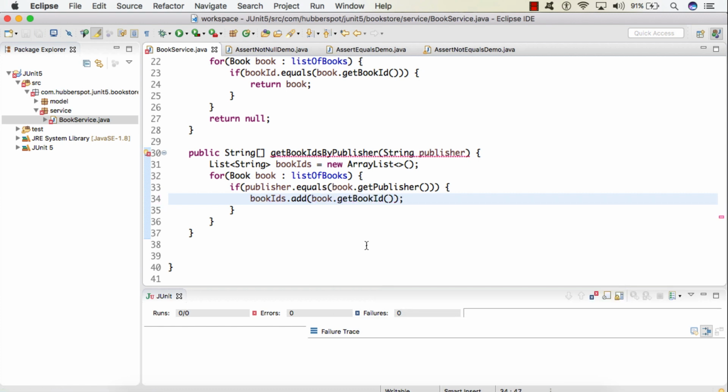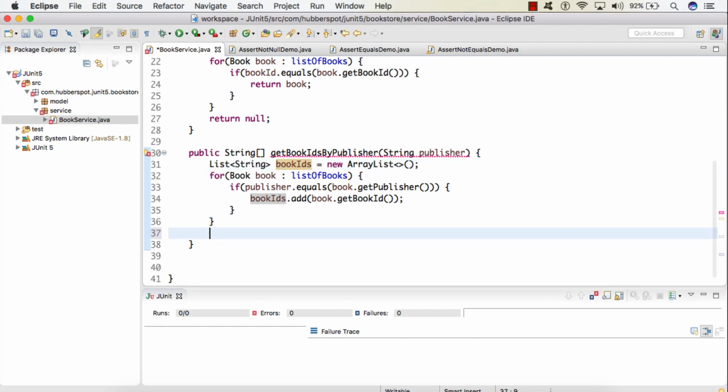So friends, here we are iterating over the list of books one by one and comparing the publisher we passed to this method with each and every book, and if the publisher matches the book, we simply add its book ID to the bookIDs list. After iterating over every book, at last we'll return the string array by converting this list of strings to a string array.